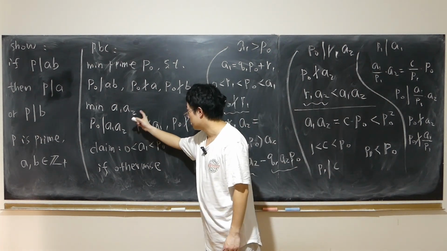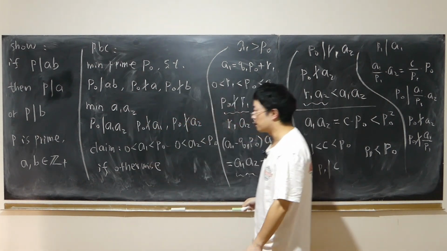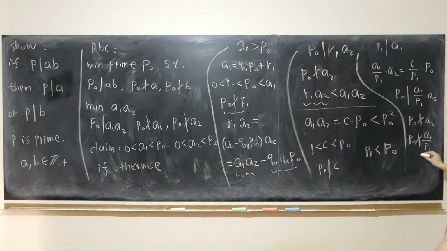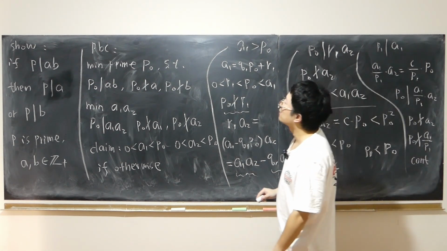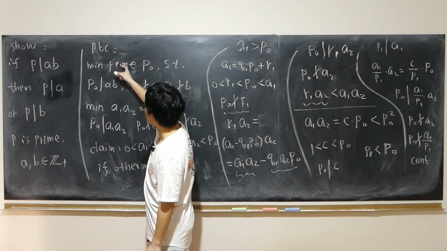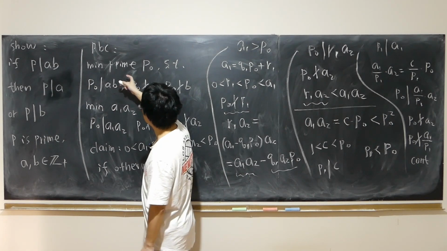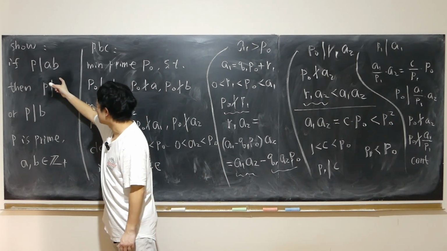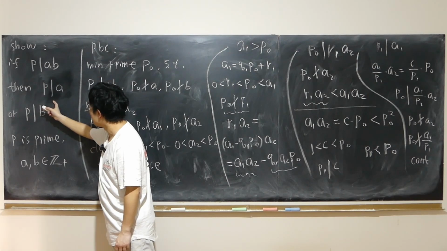Like I said, A1, A2 are already the smallest, and that's a contradiction. So really, the assumption is false. Meaning if P divides AB, then P divides at least one